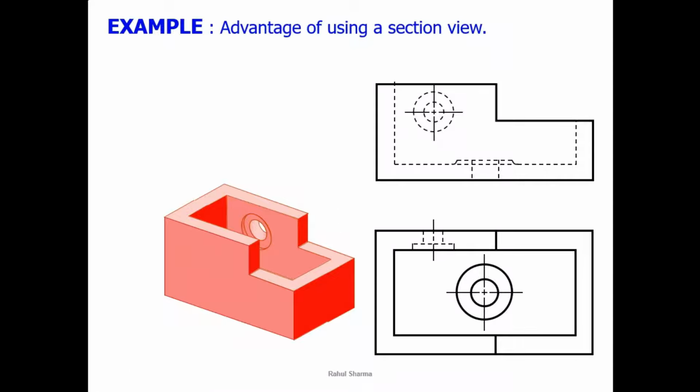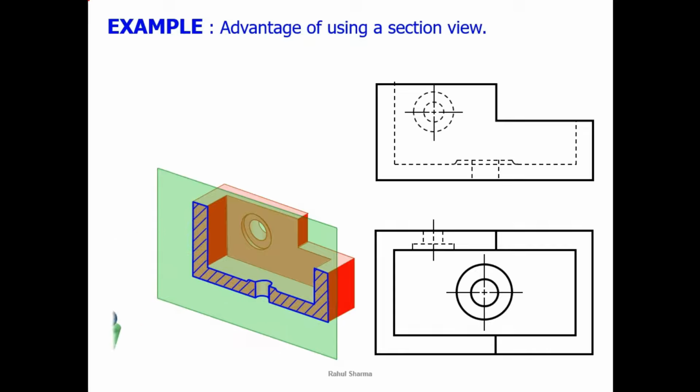Now what is sectioning? I have told you we have to cut. This is just an imagination. We have to cut the object from a particular point using an imaginary section plane. Let's say this is the section plane or cutting plane. When you cut from a particular point, then we have to remove this part. Now the internal shape is very much clear. This is the part where the blade has made contact.